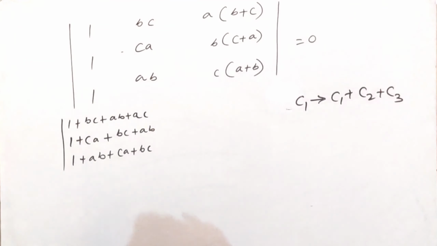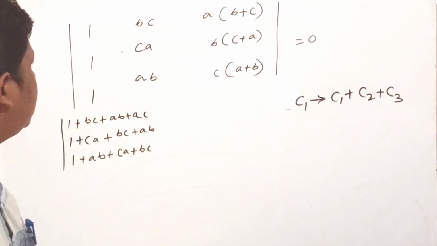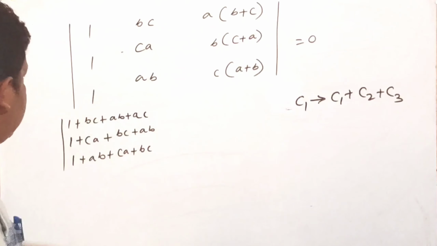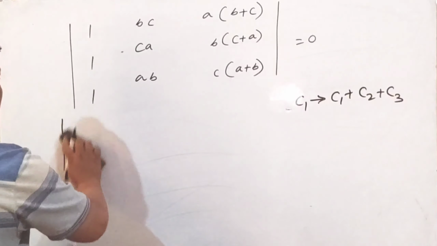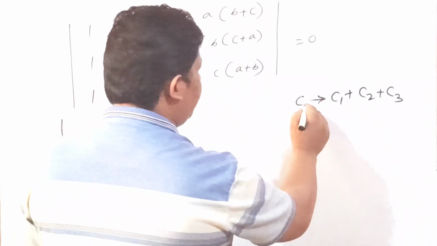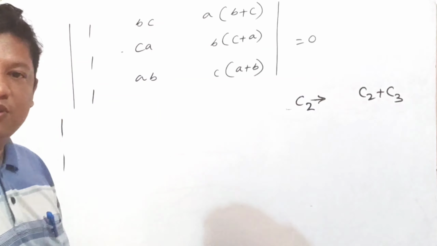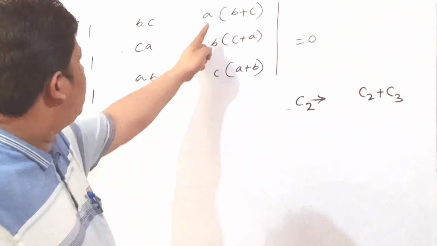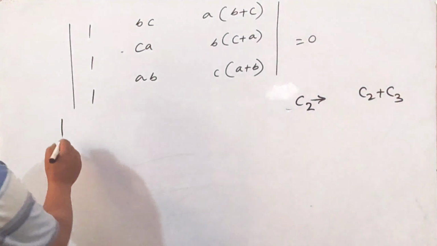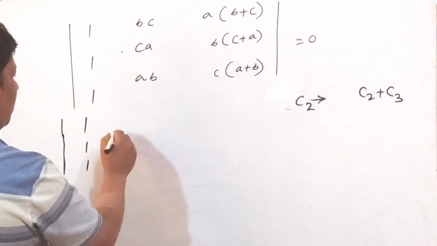Yes, the remaining numbers are the same. So my students, here you can also apply another property. If I operate C2 as C2 plus C3, then your question will be very simple. When you add these two, you make these numbers the same: 1 1 1. If I add these two numbers, then I get